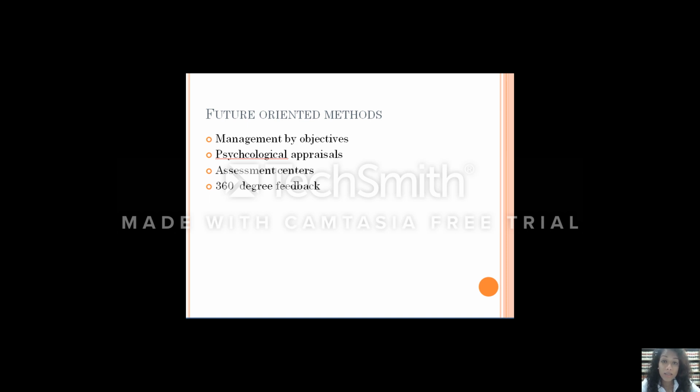The next method is assessment centers. An assessment center is a central location where managers may come together to have their participation in job-related exercises evaluated by trained observers. Assessees are requested to participate in in-basket exercises, work groups, computer simulations, role play, and other similar activities which require the same attributes needed for successful performance in the actual job.